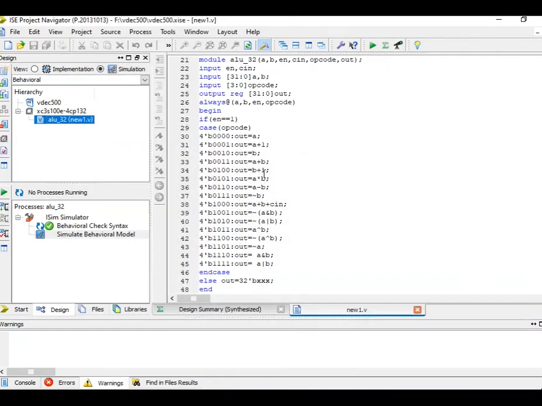And similarly, you can perform different operations based on this. Inversions can also be done, and A plus B plus C can also be done. Similarly, you can choose different cases based upon the requirement placed by you. Okay, right? You want to check even logical operations, because these are all arithmetic operations.